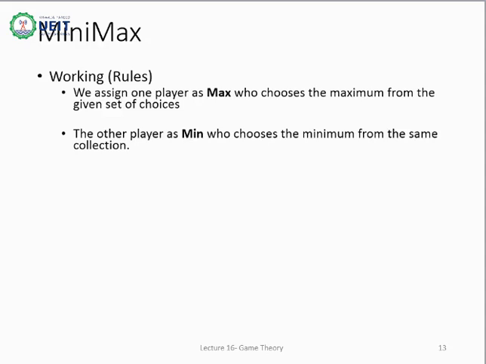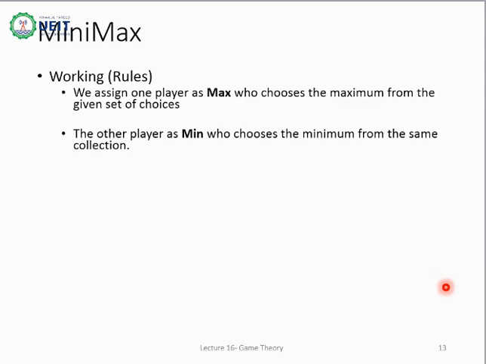Max chooses that move which has maximum utility from the set of all possible moves. Min chooses that move which has minimum utility from the set of all possible moves. We already know that a tree data structure is used to show a map of all possible moves. Each level is designated alternately to both players. If level 1 is player 1, then at level 2 it will be player 2 and so on. At each level, we make a decision based on the criteria of either min or max, whichever is assigned to the player.